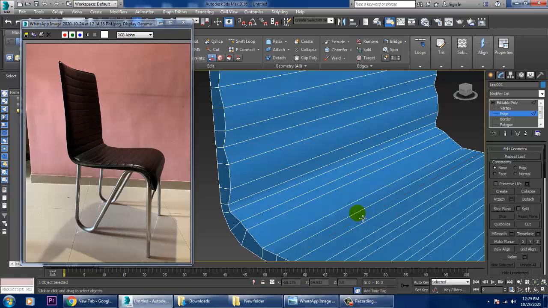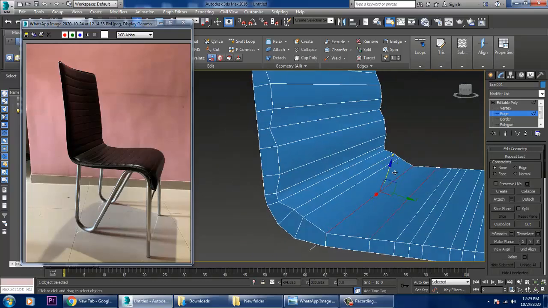Wherever you don't need loops, we can just remove those loops for now. Just push this up.